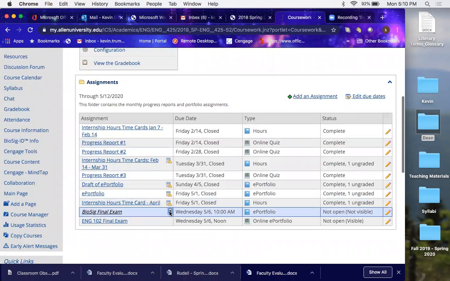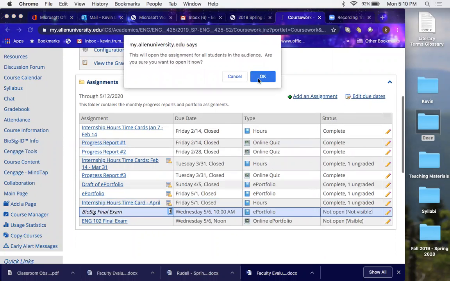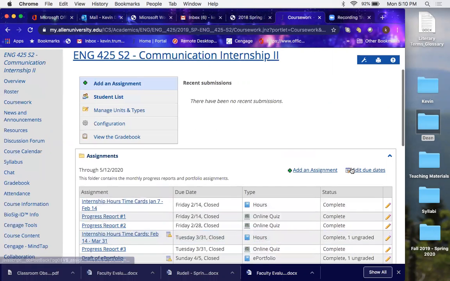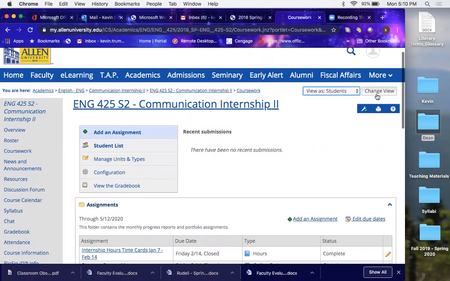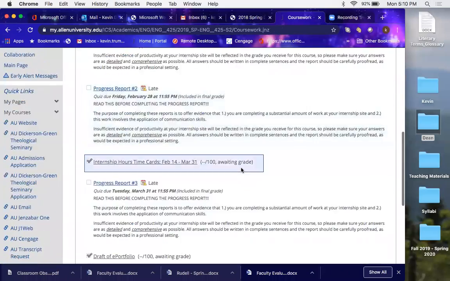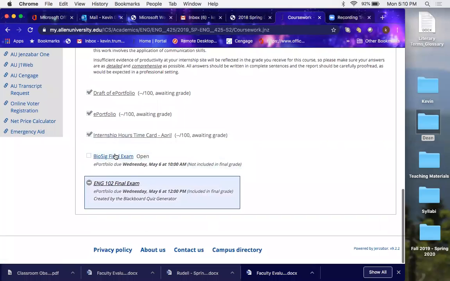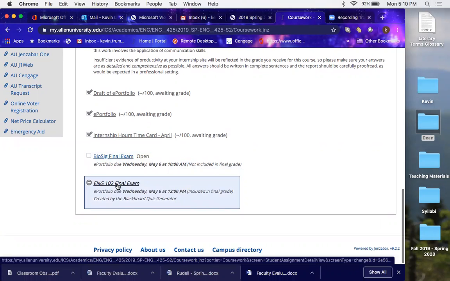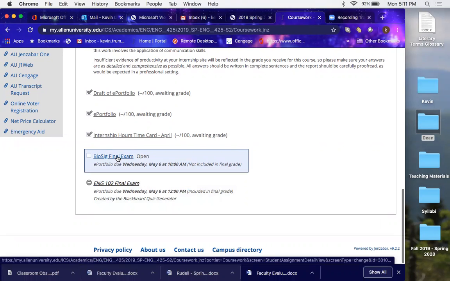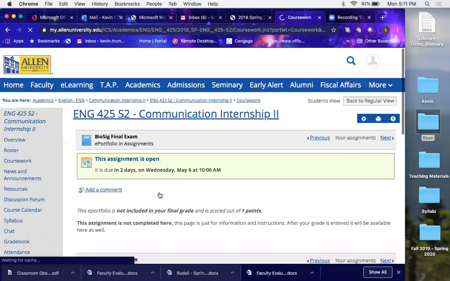I'm going to open up that assignment so students can look at it. So you see right now that the assignment is set to not open but visible. This is how it's going to look to the students when they see the assignment. They're going to go down to the bottom. They will have BioSig final exam, and they will have English 102 final exam. This one is blocked because they have not yet completed what you've asked them to do. So when they sign in for BioSig,